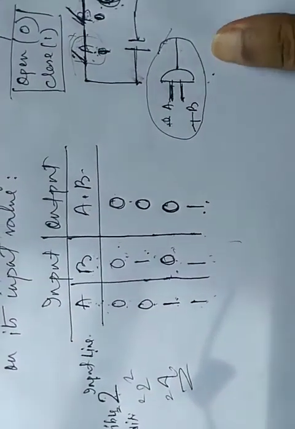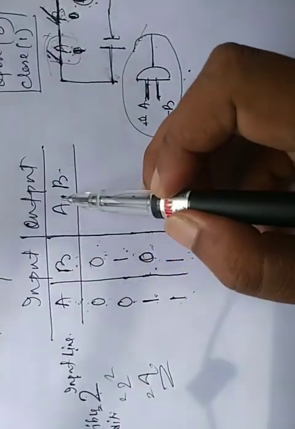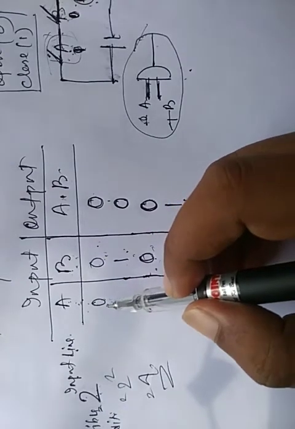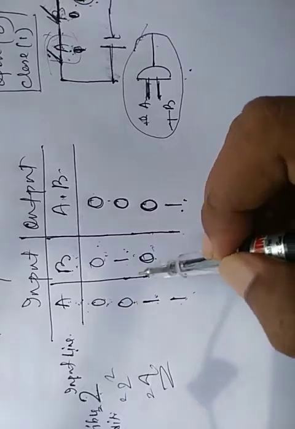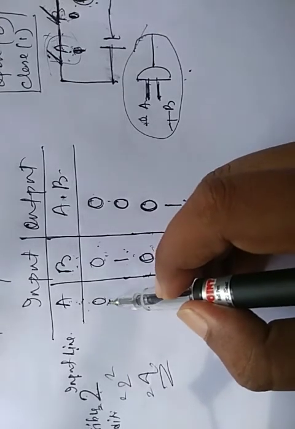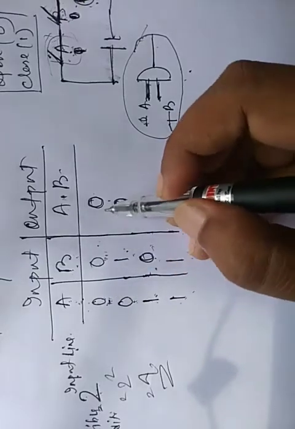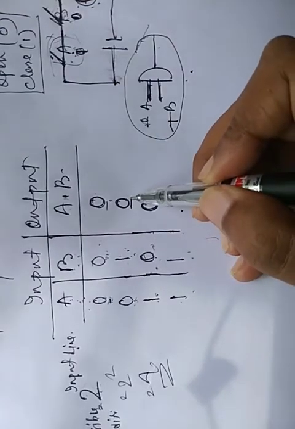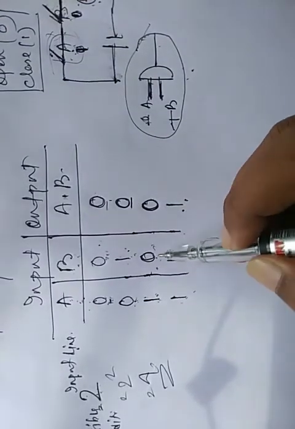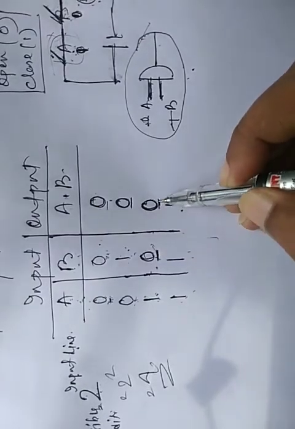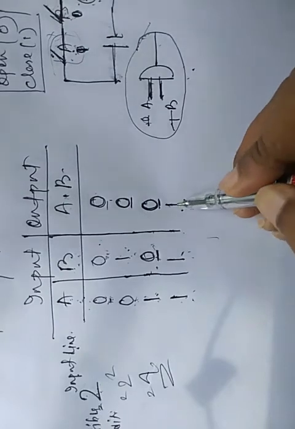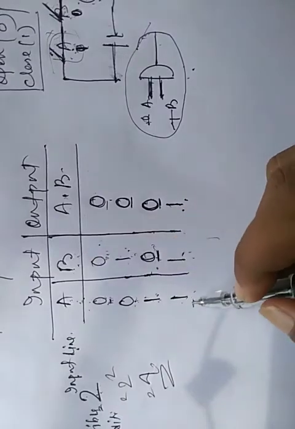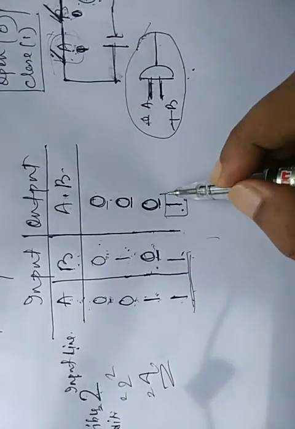Now, what do we get in the AND gate? In the AND gate, our final conclusion is whenever one of the input values is 0, the output is 0. You can see that for the first condition both are 0, output is 0. For the second condition, A is 0, B is 1, again output is 0. For the third condition, A is 1, B is 0, so 1 0 is there, output is 0. When both are 1, output is 1. That means in AND operation, when all the input values are 1, output is 1.